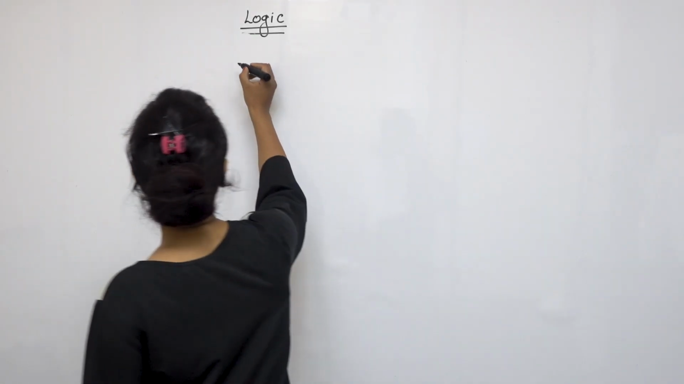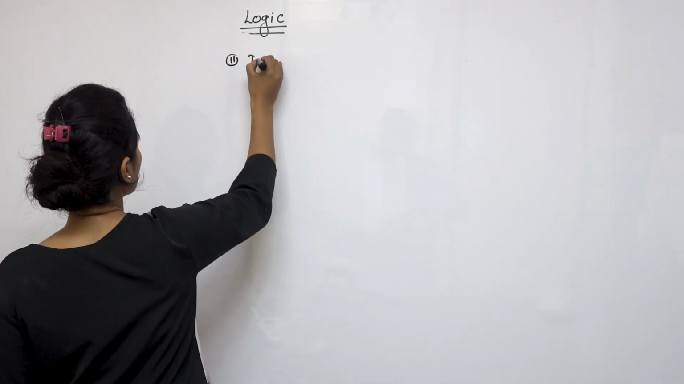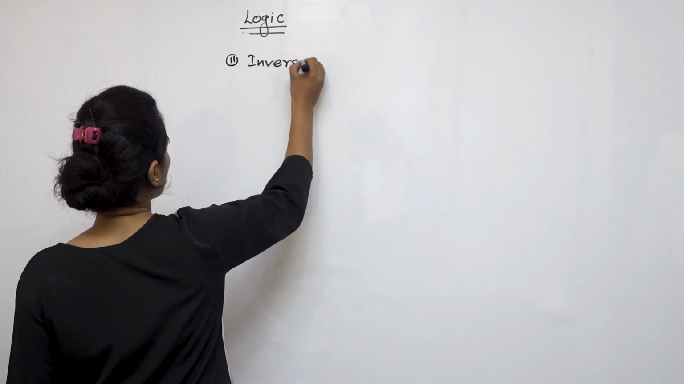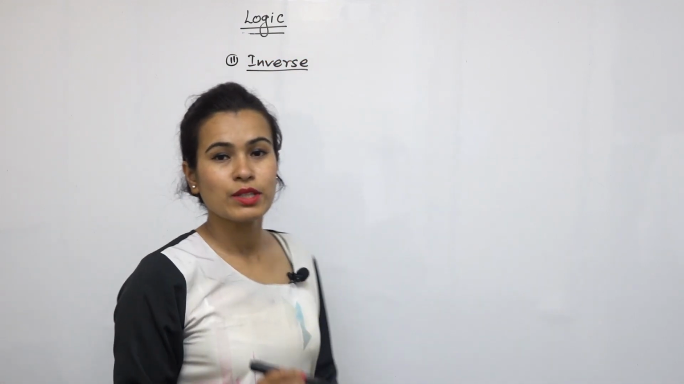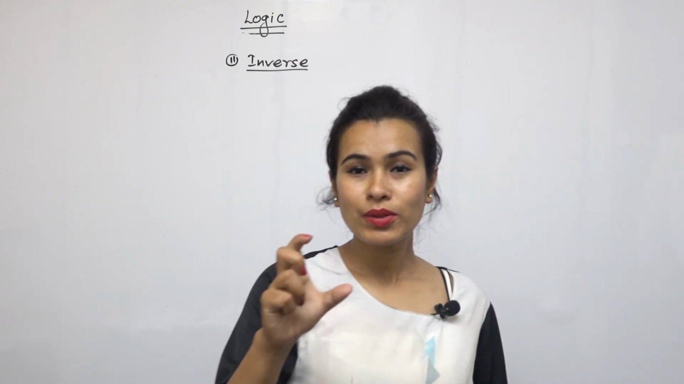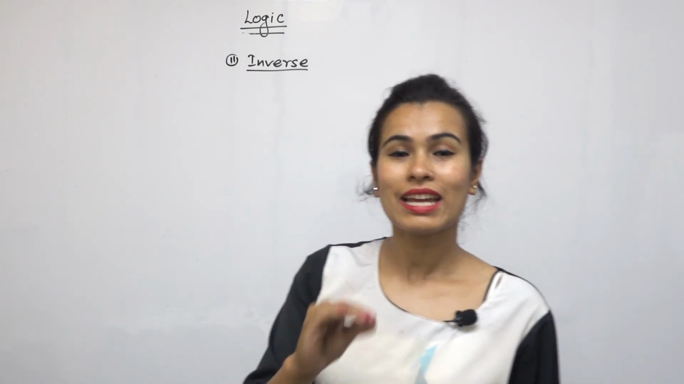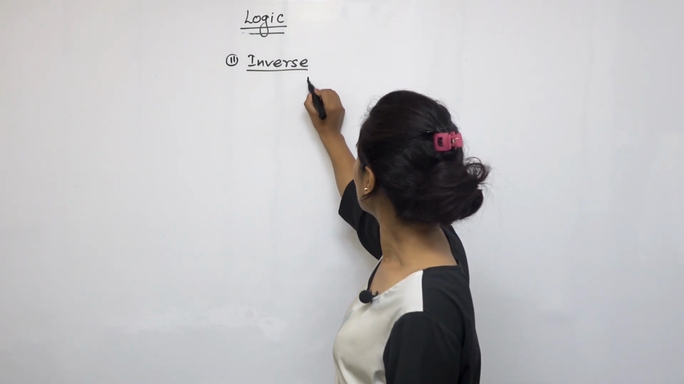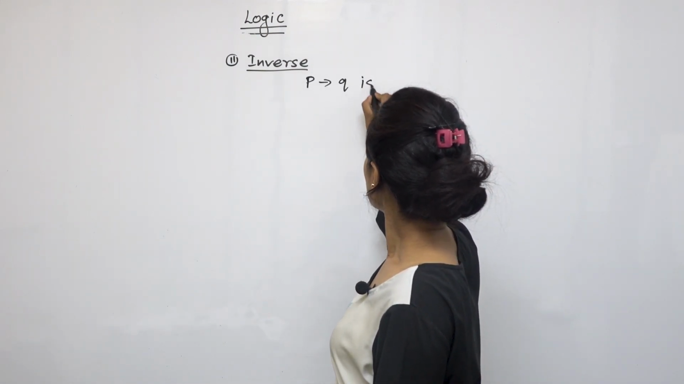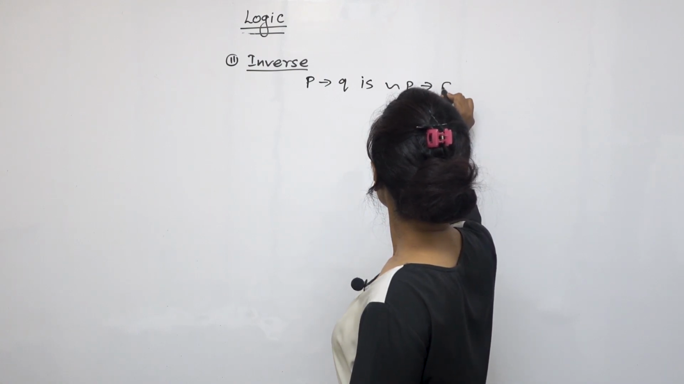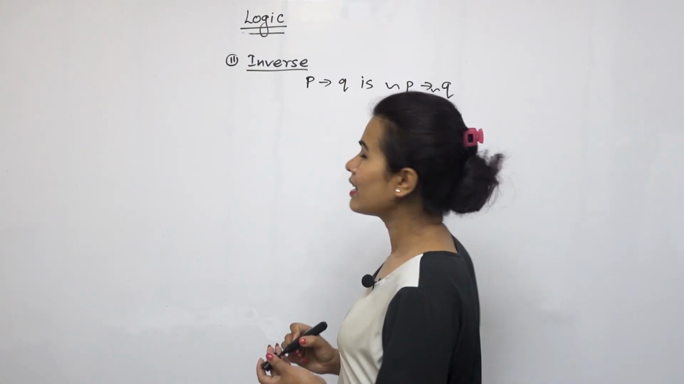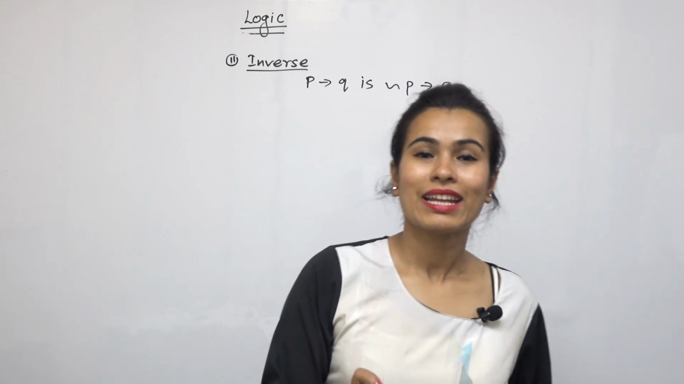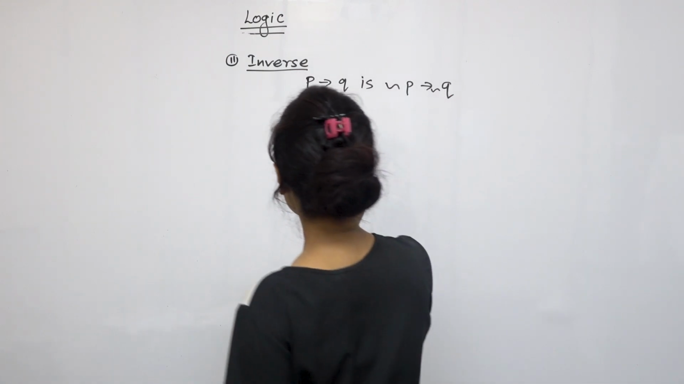Now, inverse. If P then Q is a conditional statement, then the inverse of P then Q is negation P then negation Q. It is read as not P then not Q. The truth table for this is